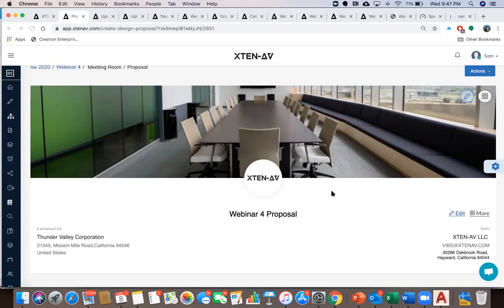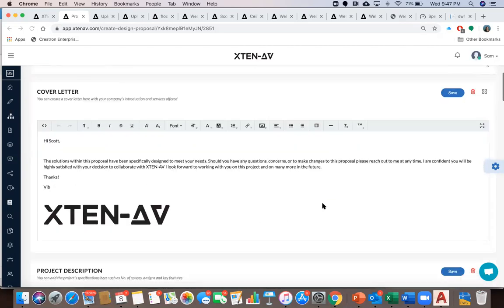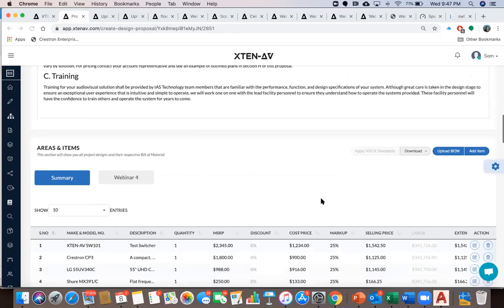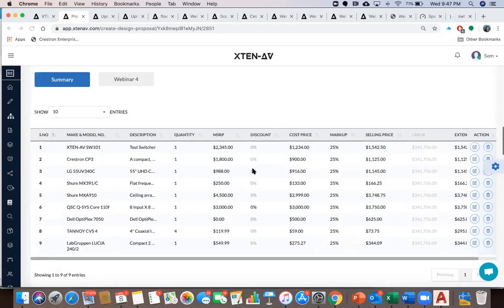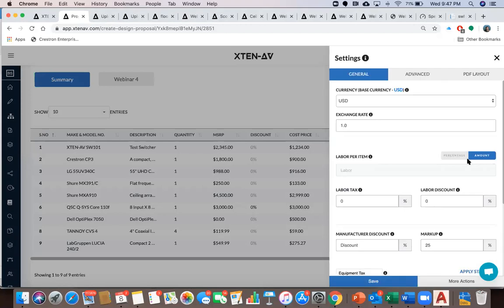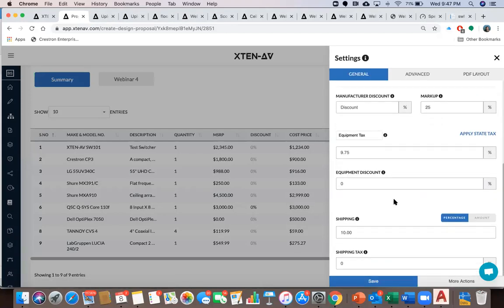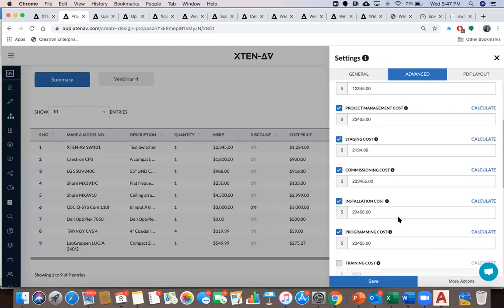You can customize the whole thing. You can create templates. You can add images. You can save your standard templates. You can share with your teammates. You can work on the pricing. You can work on margin markups, whichever way you want. There is a full advanced section where you can do labor in different ways. You can do taxes, shipping, different types of labors, and